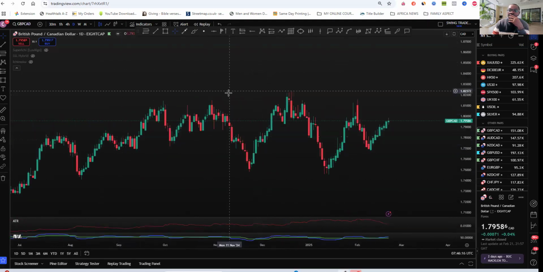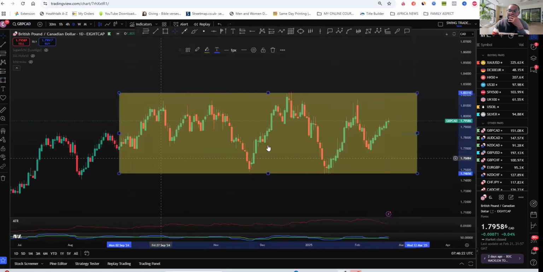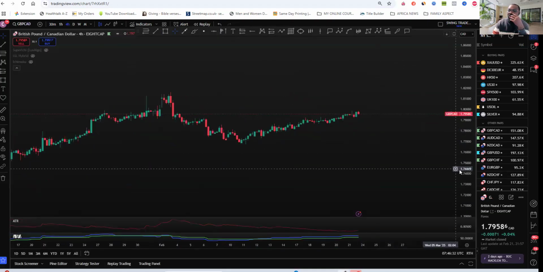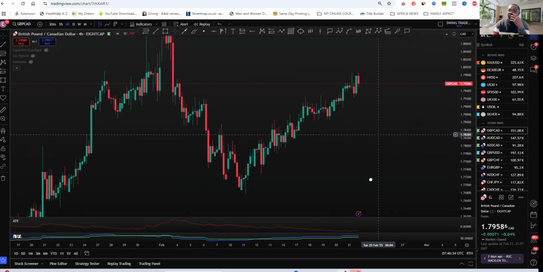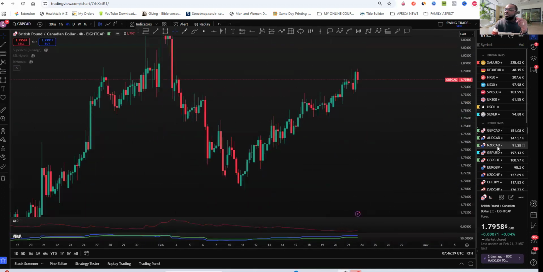Although it looks like the market is trading in a consolidation zone on the daily still, there's still more room to the upside. So possibly we might be looking for a buy on this pair. So let's look at what the 4-hour looks like. All right, personally, I'll stay away from this pair because I wouldn't want to trade this. But let's look at